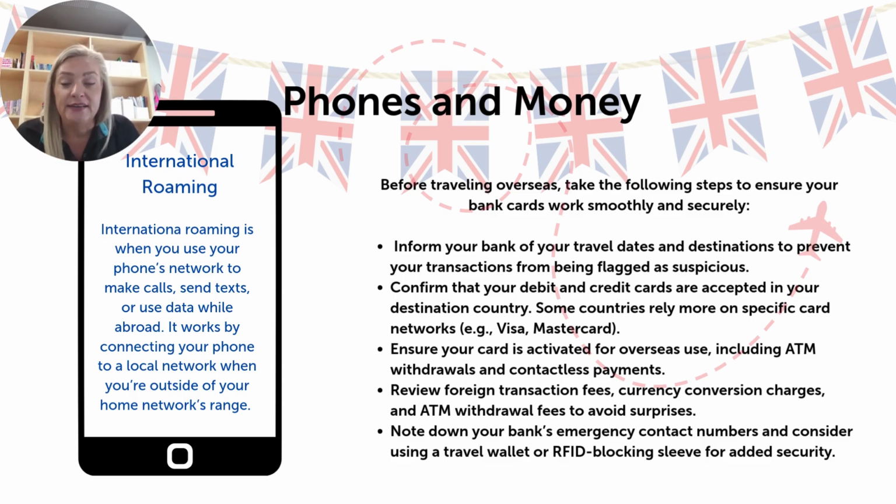Phones and money. Obviously, kids are going to have their mobile phones, and we're absolutely okay with that. We think it's really important for their safety. But you do need to make sure that you have activated some international roaming. You can do that by contacting your phone provider, and they will be able to give you the best deal that they can. If your student wants to know more about that, I encourage them to have a chat to Ewan. He's all over this. He knows lots about these international roaming plans, so he's a good go-to.